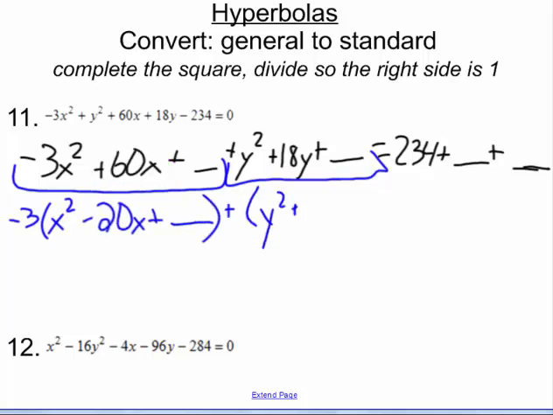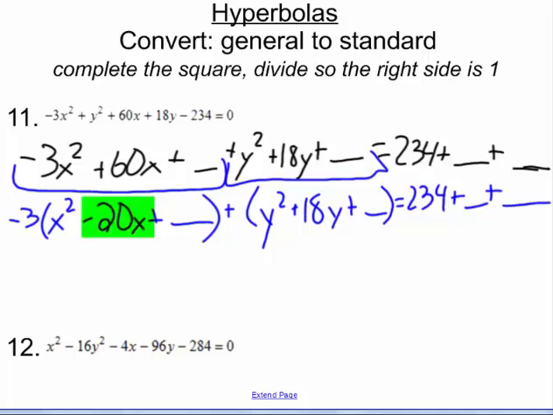We just have y squared plus 18y plus blank equals 234 plus blank plus blank. Take negative 20, divide it by 2, and square it to get 100. And then we do the same with the y's. So we take 18 divided by 2, which is 9, and we square that to be 81. And we're going to add both of those to the right side. 100, we have to actually multiply that by the negative 3,